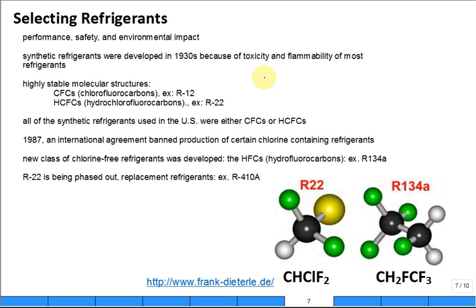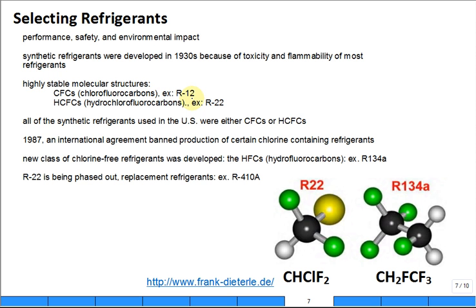Okay, so in the 30s, they got a very great advantage of these synthetics. What were some of the most popular? R12. It was all over the place, still is. It's a chlorofluorocarbon, CFC. It's now been outlawed because of environmental concerns. R22,